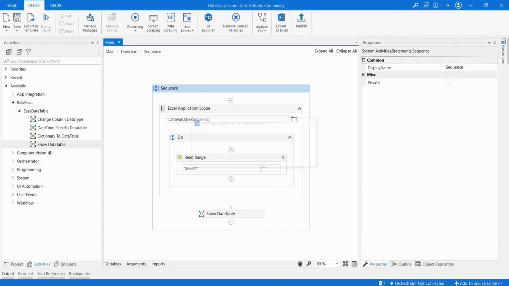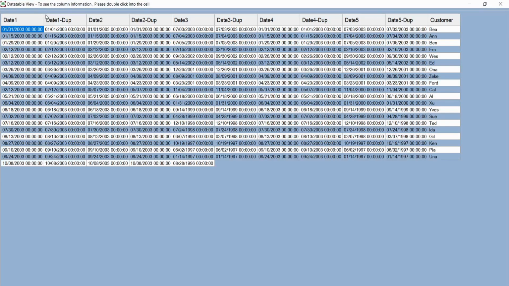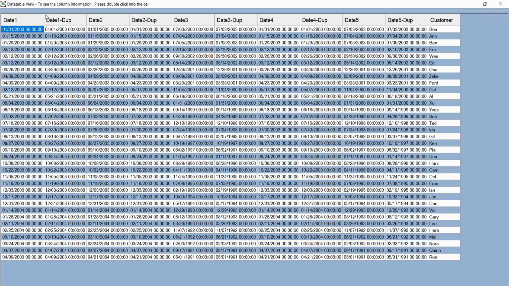I'm going to run the process. See, here all the date columns are stored in a month, date, year format, along with hour, minutes and seconds.